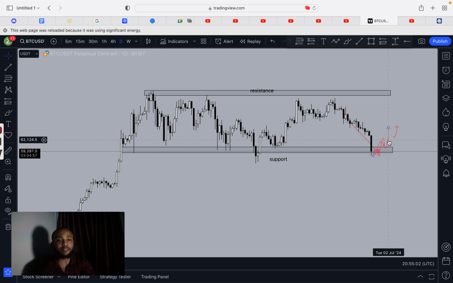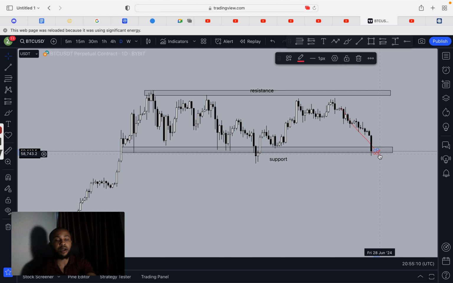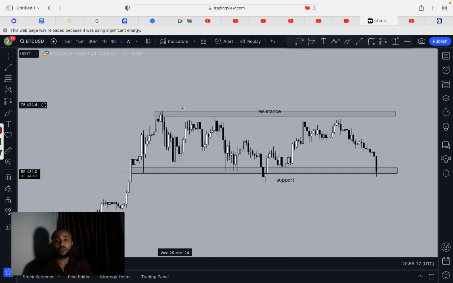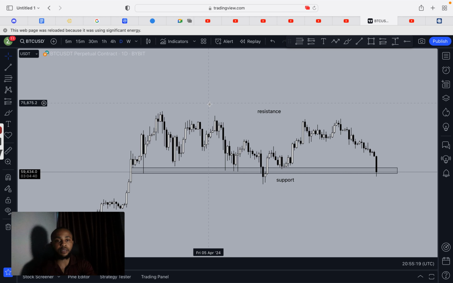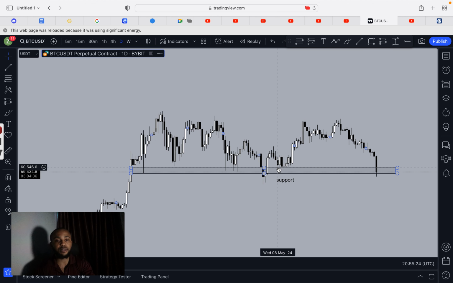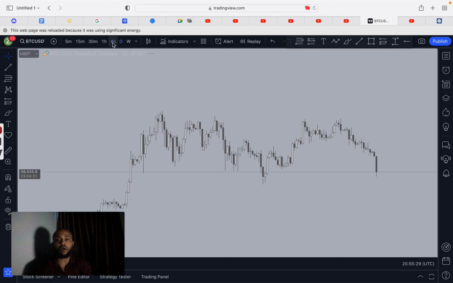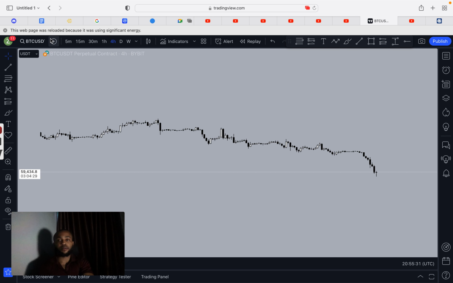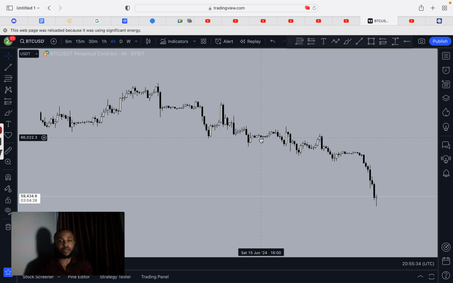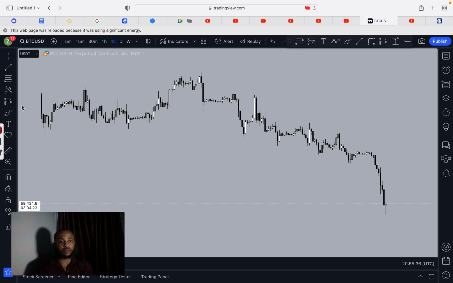If you want to learn fast, if you really want to learn faster how to trade with your demo account, you just go to the lower time frame. You can go to 1 hour, you can go to the 4 hour time frame, right, to trade the support and resistance. So now let's look at the lower time frame support and resistance, if there's any right now. Alright, let's go to the 4 hours and see if there's any lower time frame support and resistance at the moment.